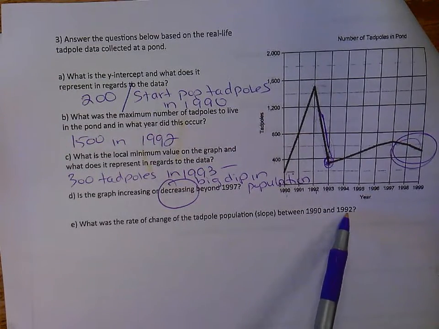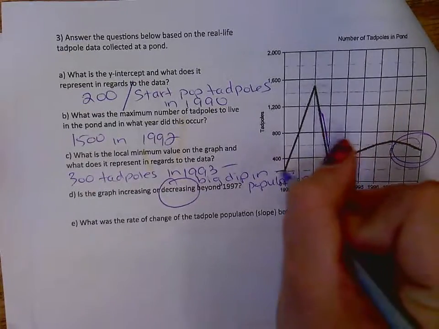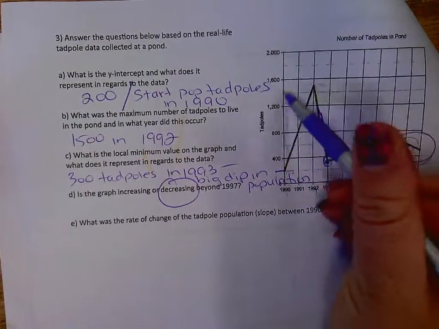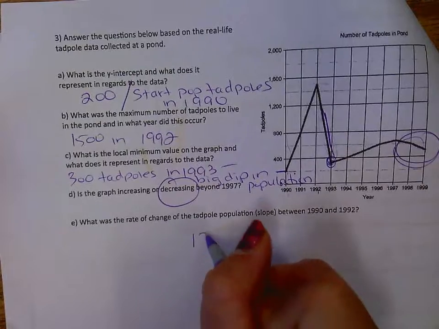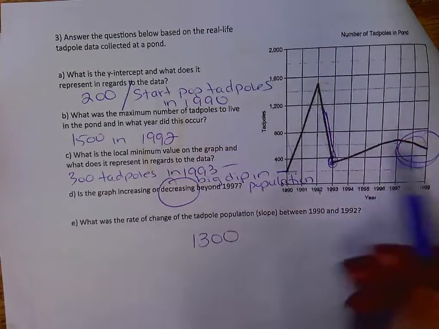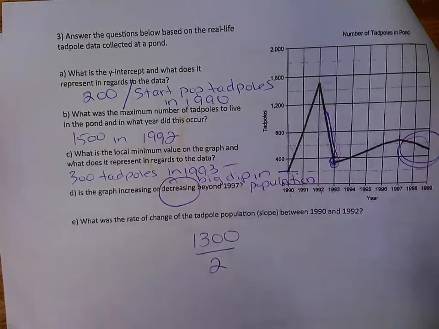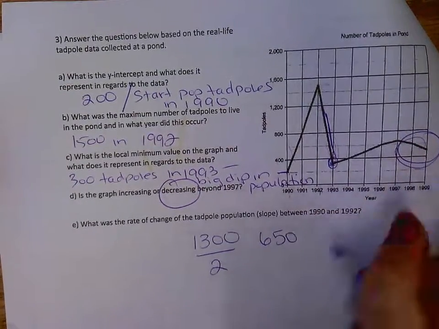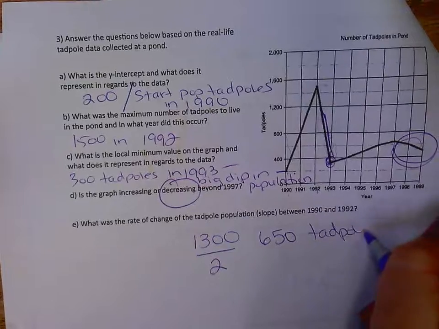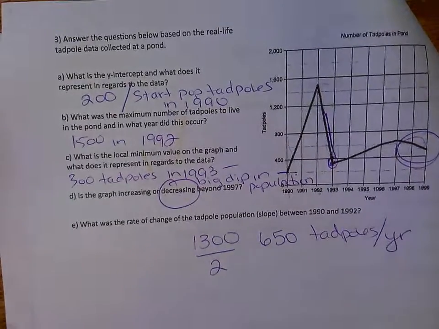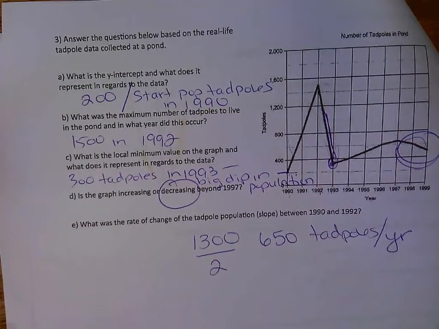Is that what it is? We are going from 200 up to 1500. So 1300 is the increase over a period of 2 years. Very good. Or you could say 650, about tadpoles per year. The slope is a rate of change. So they're increasing by 650 tadpoles every year. You think you could use some